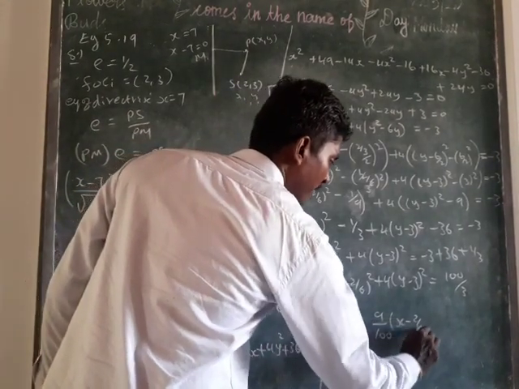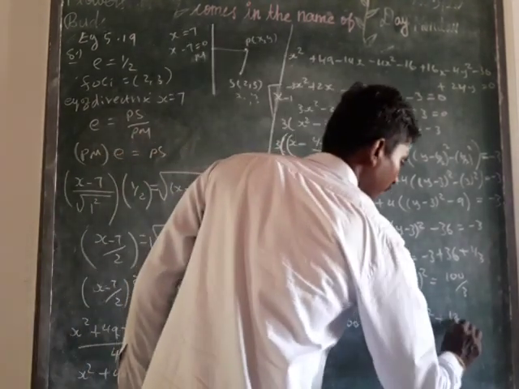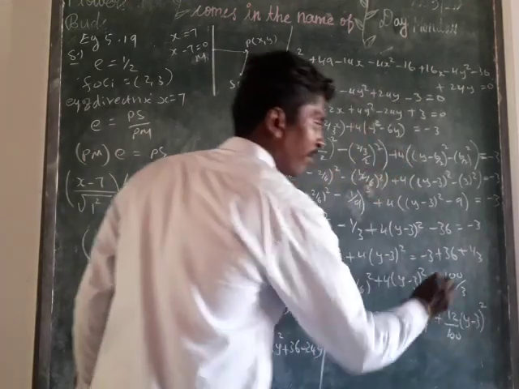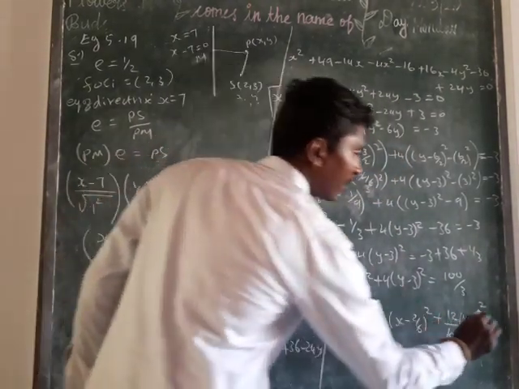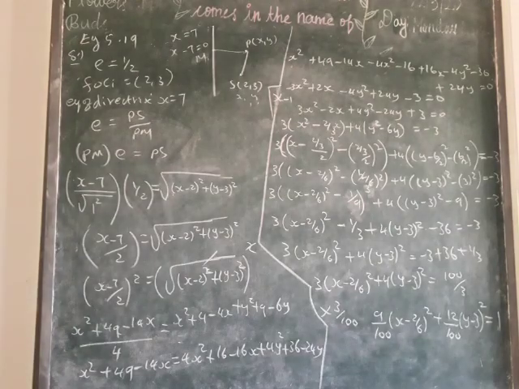x minus 2 by 6 the whole square. Here we multiply 12 by 100, y minus 3 the whole square. When you multiply, 3 cancels, 100 cancels, it becomes equal to 1. Now still we didn't get the standard form. That value, bring to the denominator. So 9 by 100 will come to the denominator value. So 9 by 100 you can write in the denominator.